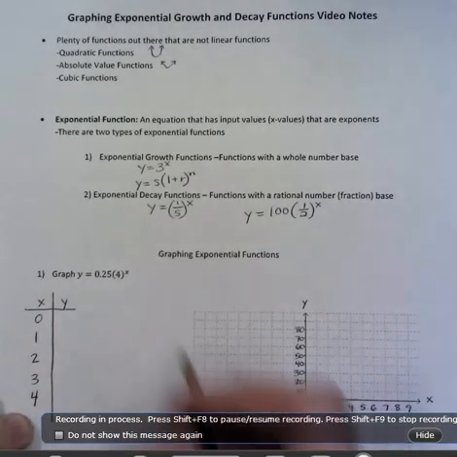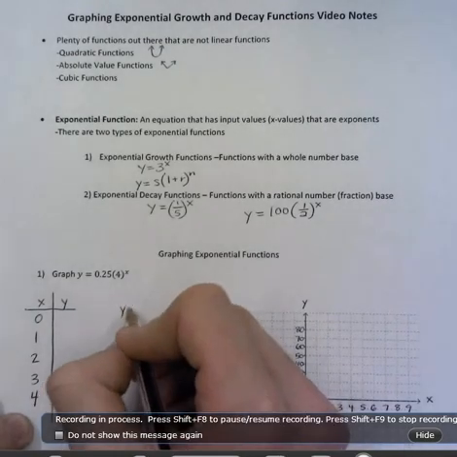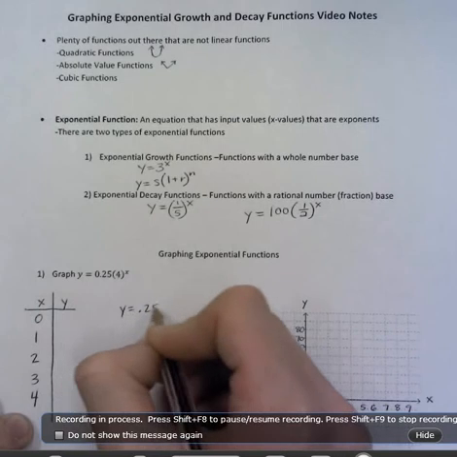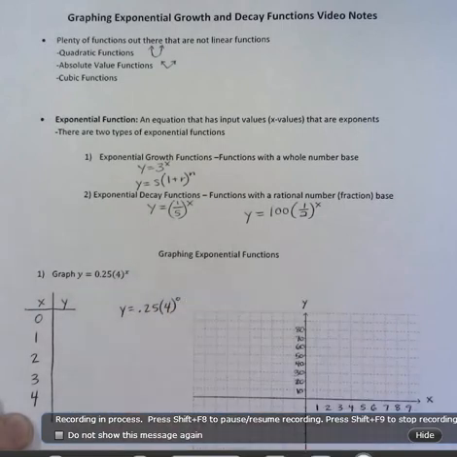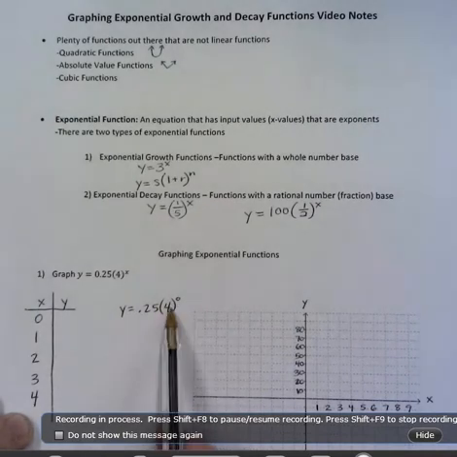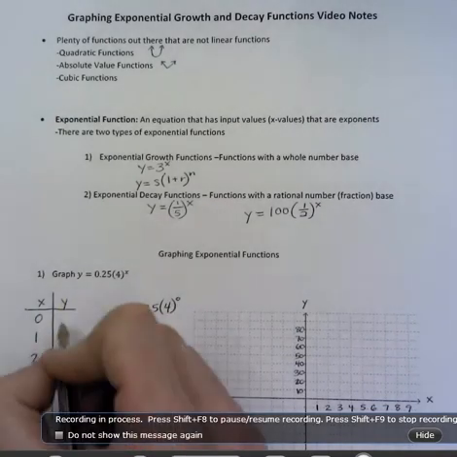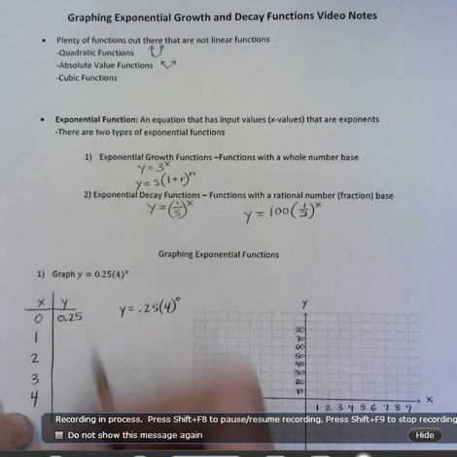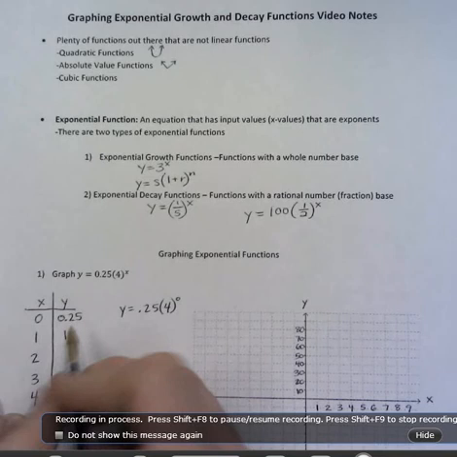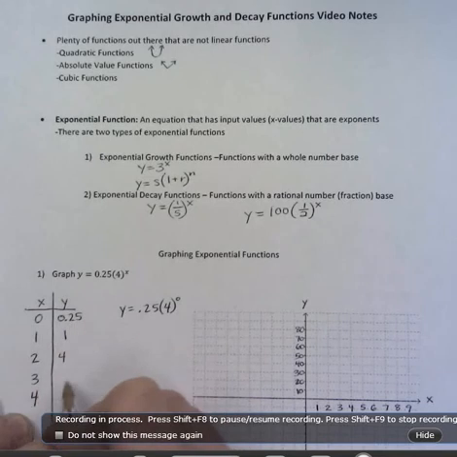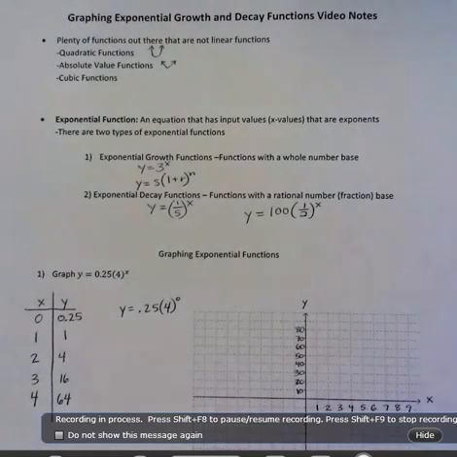If you plug in y equals 0.25 times 4 raised to the 0 power. Anything raised to the 0 power is 1, times 0.25. Therefore, this is going to give us 1/4. And let's plug the rest of these values in, and you'll end up with 1 and 4 and 16 and 64. So as we go over and graph, if you notice,